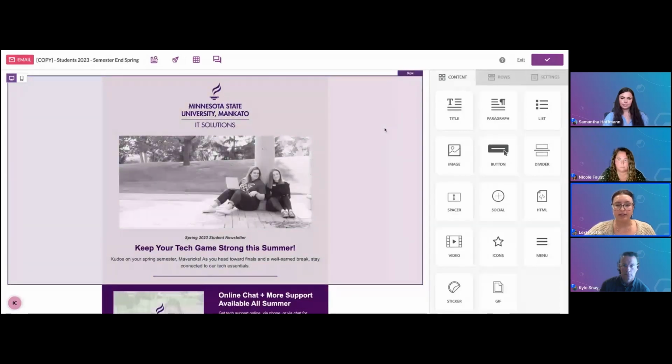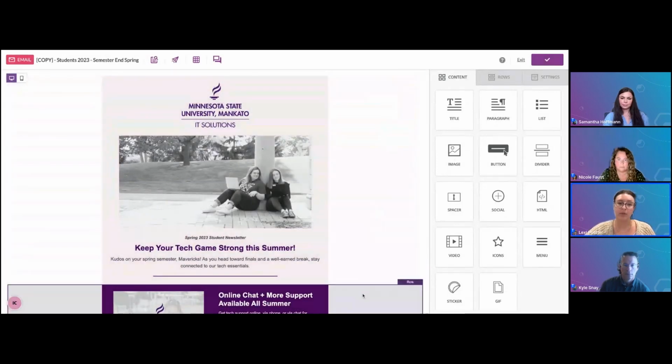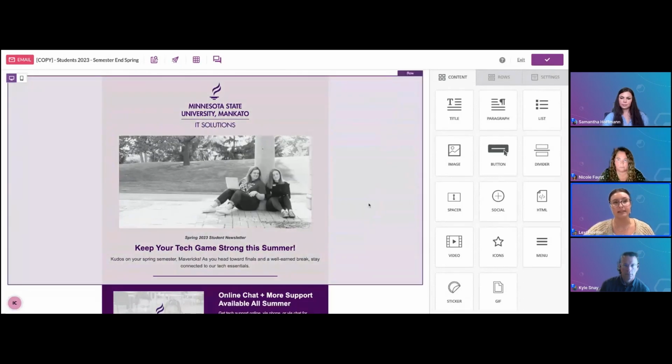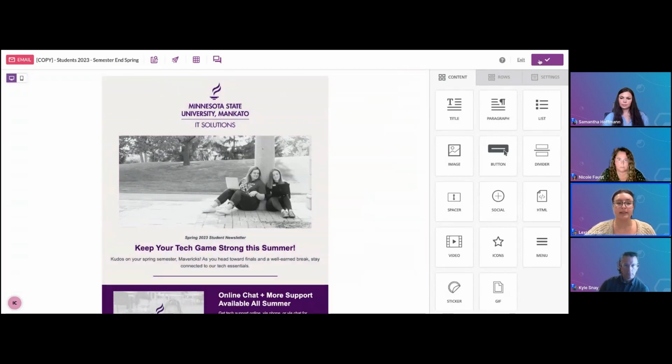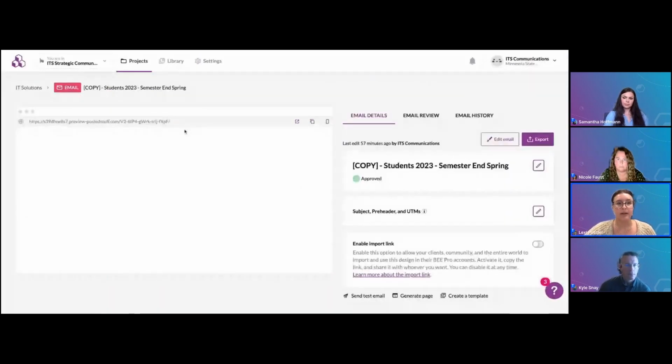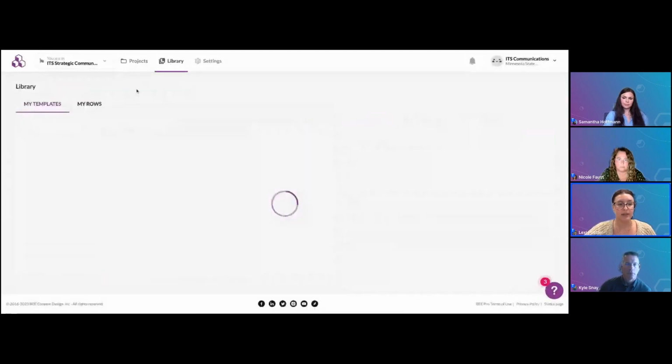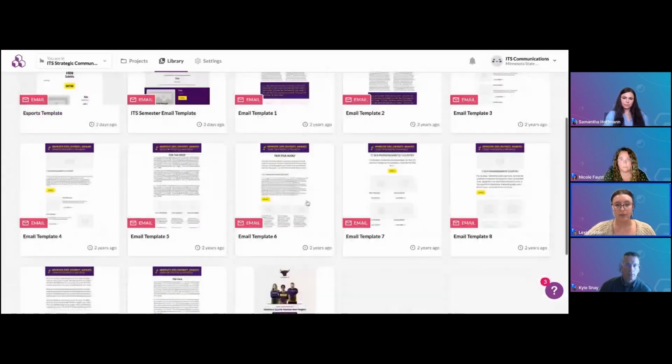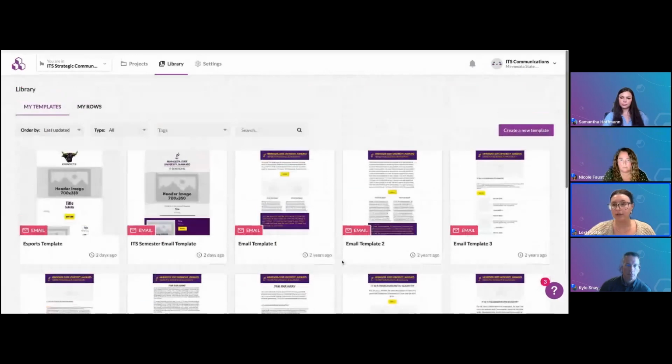And so this is also a great segue into the next tool that I want to talk about, which is templates. So if you are someone who is doing a campaign where you need to make sure all the mailings look the same, or you've got a recurring newsletter that you want to make sure the design stays the same, you can utilize the templates feature. So if you go to your library at the top here, it's going to take you to My Templates. And then you can see we've got a lot of different ones that are pre-made here for our university.